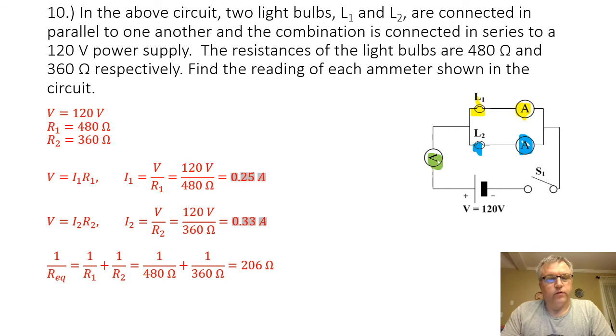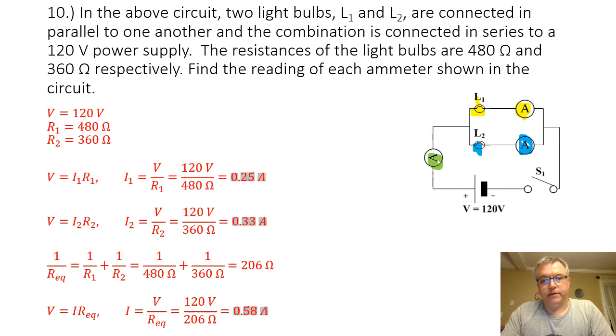So when I do that out, I am going to get an equivalent resistance of 206 ohms. Now to find the current going through the battery or for the entire circuit, I'm going to take my voltage, 120 volts, divide it by my equivalent resistance of 206 ohms, and that will give me an overall current of